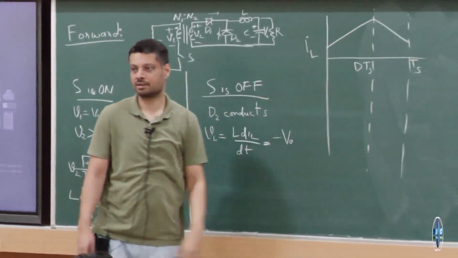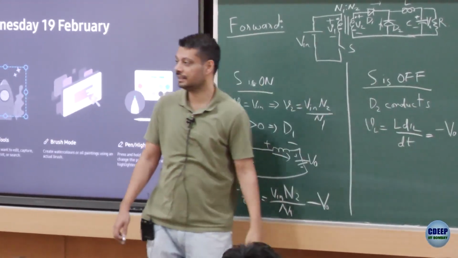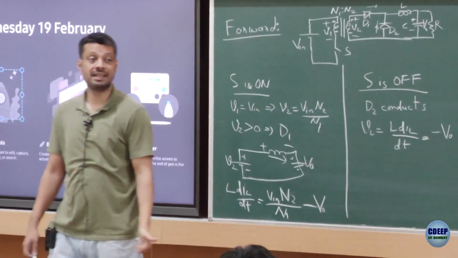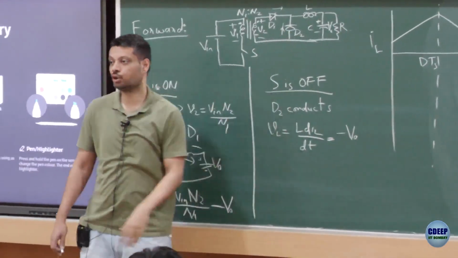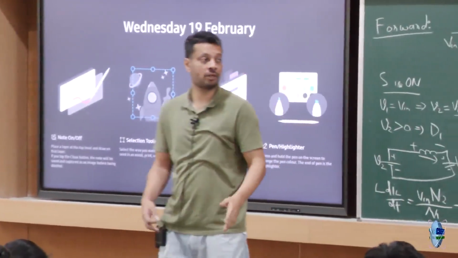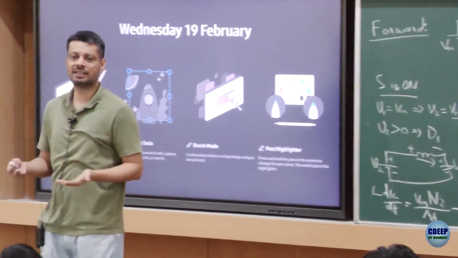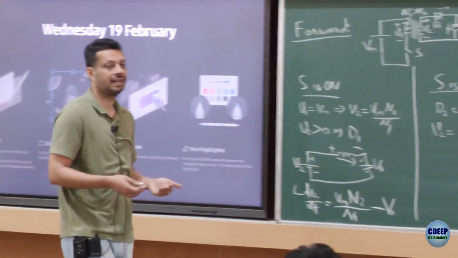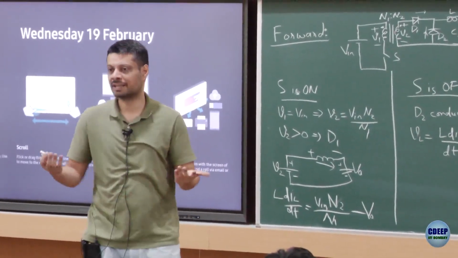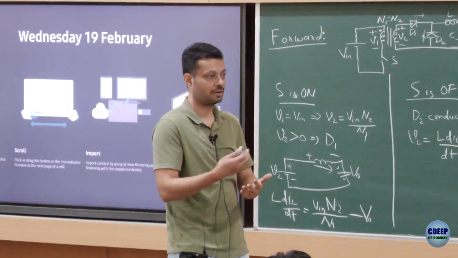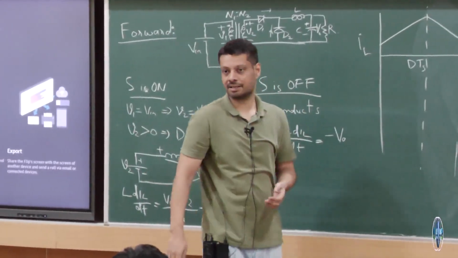This is how the inductor current would look like. This again can operate in CCM, can operate in DCM. In this context, when we say it's operating in DCM, we talk about the inductor current, right? So except the flyback circuit, where we talk about the flux in the transformer, everywhere else the general nomenclature is that we talk about the inductor current and define CCM and DCM based on that. Of course, it's a nomenclature. There is nothing like this is right or this is wrong, but that's how people do it. So this is in CCM, you can operate in DCM as well, right?